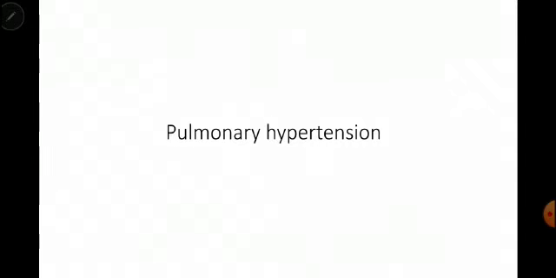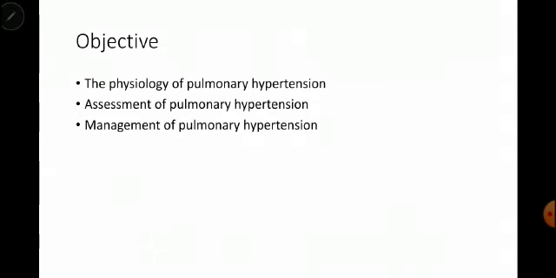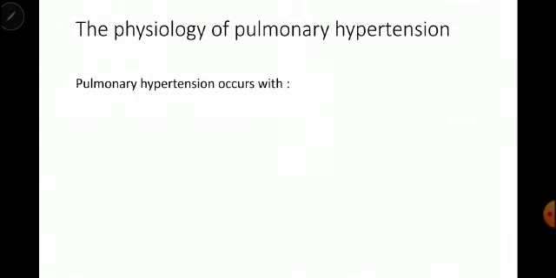Now let's talk about pulmonary hypertension. The objective of our lecture is to talk about the physiology of pulmonary hypertension, assessment of pulmonary hypertension, and management of pulmonary hypertension. So, the physiology of pulmonary hypertension occurs with three different mechanisms: